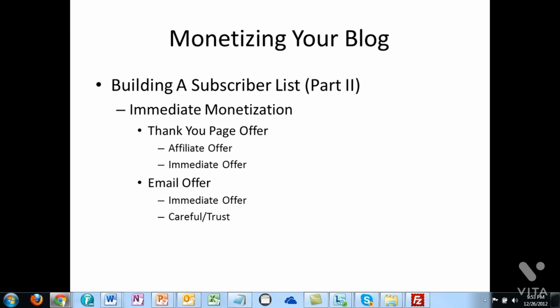Now, in other cases, you may not want to do that because you're trying to establish trust, and you may not want to do an immediate offer. You may want to wait until you've sent a couple of messages before you send an offer to your email subscriber list. But to monetize immediately is a strategy that you can use on the thank you page,